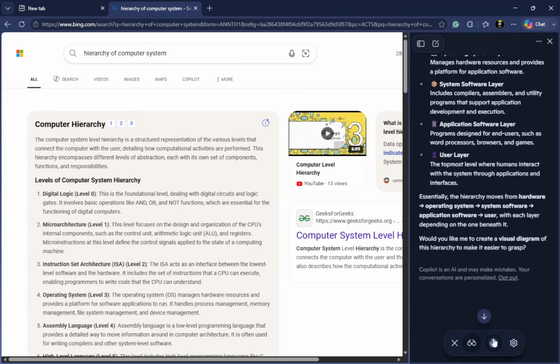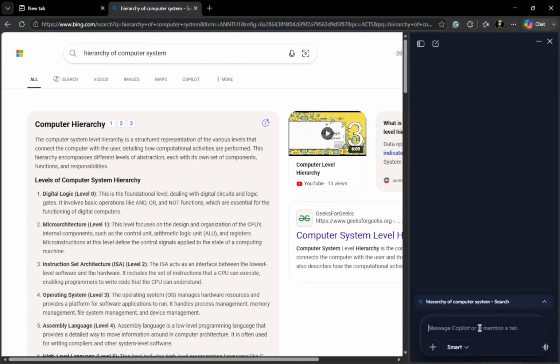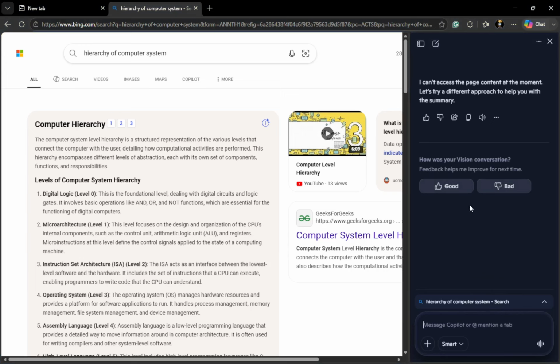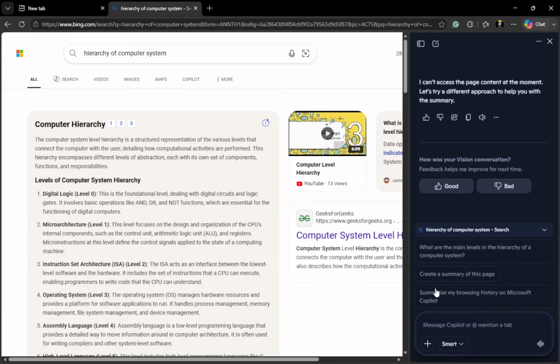Next up, let's talk about quick actions. In many cases, Copilot will suggest buttons like "Summarize this page," "Explain this topic," "Draft a response," or "Compare options." All you need to do is click these buttons to get an instant response. Quick actions eliminate the need for typing, making it easier to get the information or assistance you need with just a click. Finally, let's summarize what Copilot can do inside Edge.